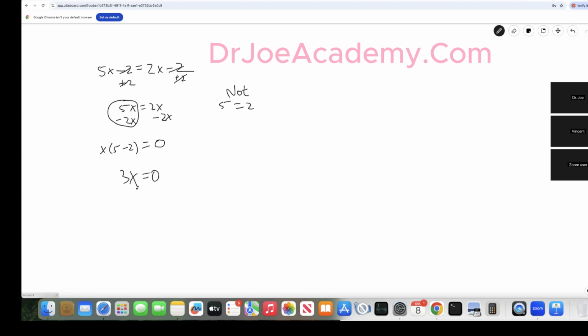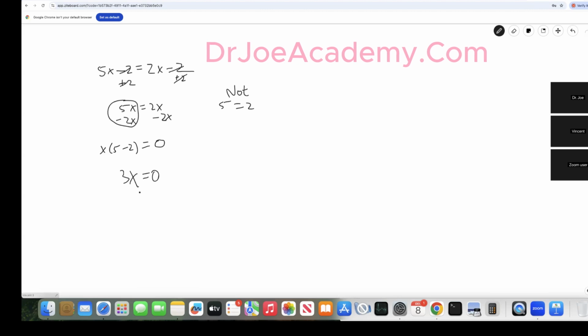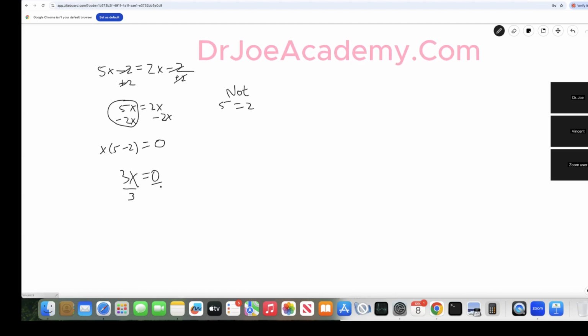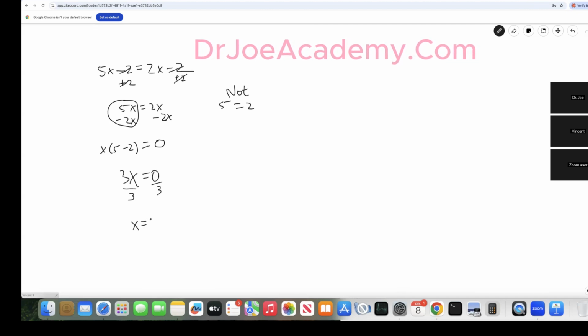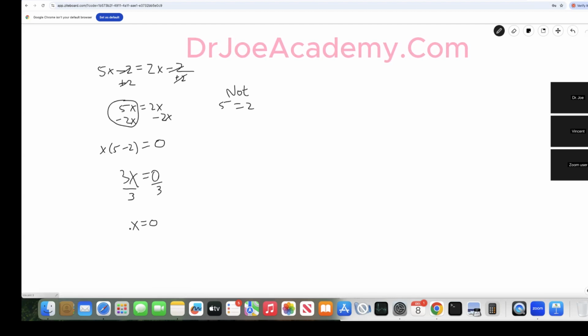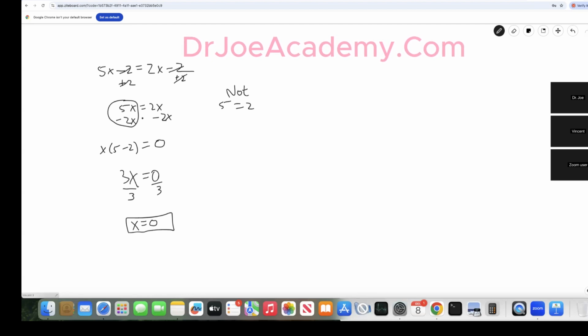So if we wanted to get x by itself, what would we do to get rid of that 3? Well, put the x one. So x is being multiplied by 3, so we just divide by 3, right? Right. And then it becomes x equals 0 over 3, which simplifies to what? X equals 0. Yeah, so if x equals 0, then